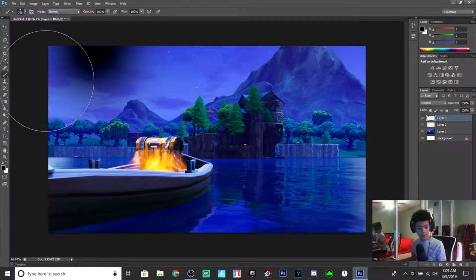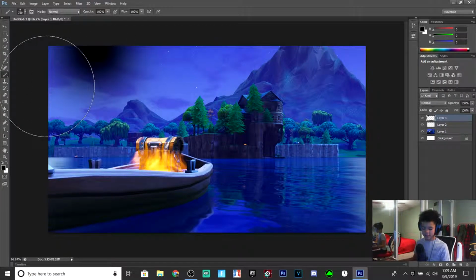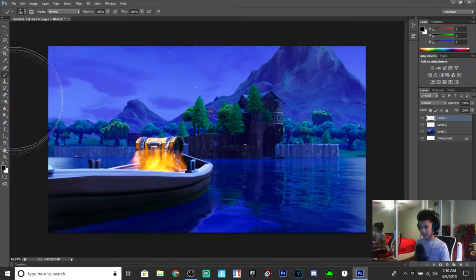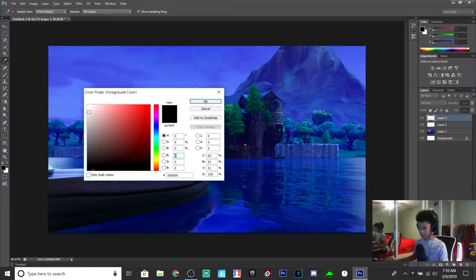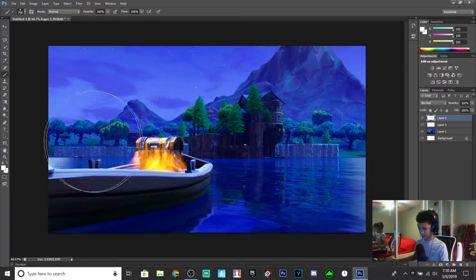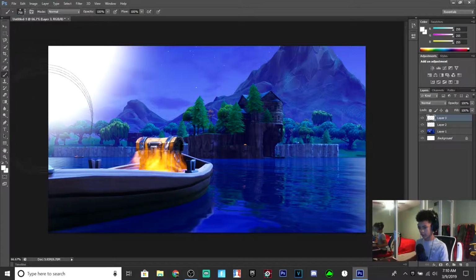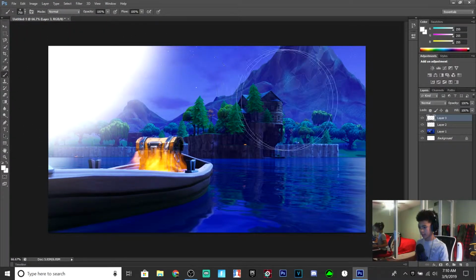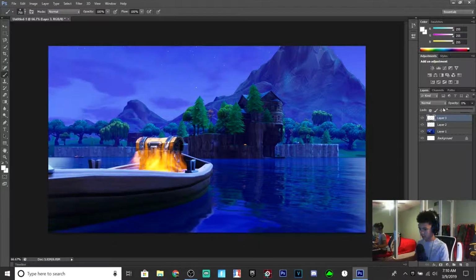And then if you want to undo something or take a step backwards, Control Alt Z. For this you just want to make that color white if it isn't already, and take the lightest part of the picture, which is, I would say, over here. Make this light here, it makes it look a lot better. But what you want to do is go to opacity and change it, it's right here, and then go to layer 2,